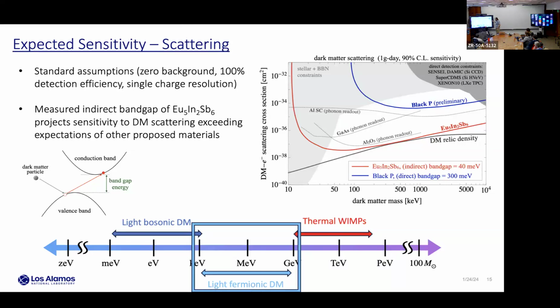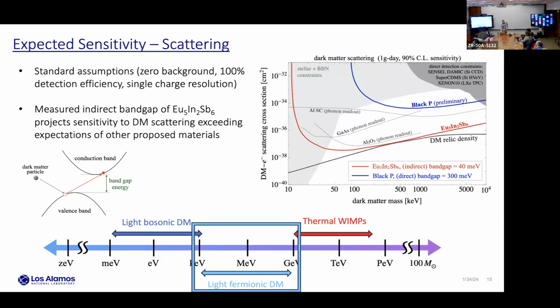So this here would be an estimate of what one of our materials would be. All these dashed lines are competing proposed experiments for different readouts and different other materials. Obviously, those are close enough. I can't claim one's better than the other. But up here is the existing parameter space that's been ruled out. We can see many orders of magnitude of new dark matter parameter space we can search.